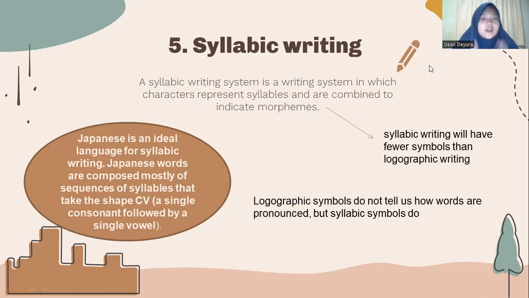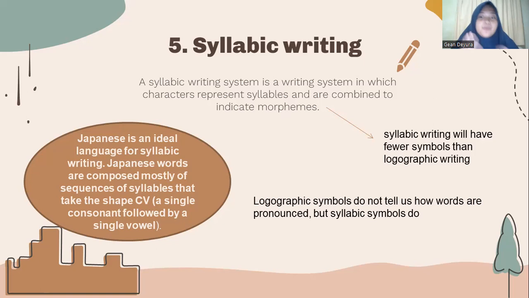The Japanese borrowed Chinese characters, called kanji, but found that these characters did not always fit well with their language. Chinese is a non-inflecting language, or a language with no inflection. It does not have grammatical markers for verb and noun change. Japanese is an ideal language for syllabic writing.